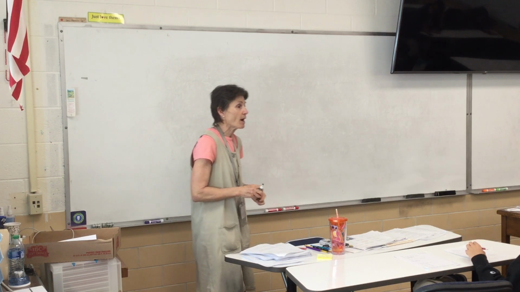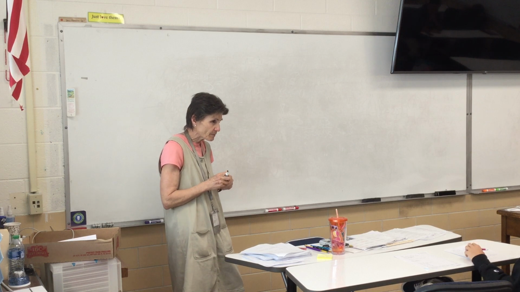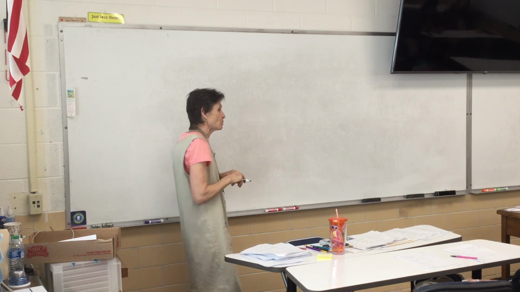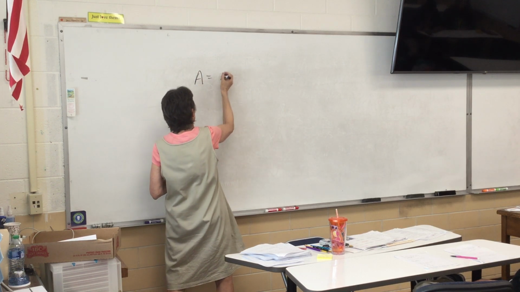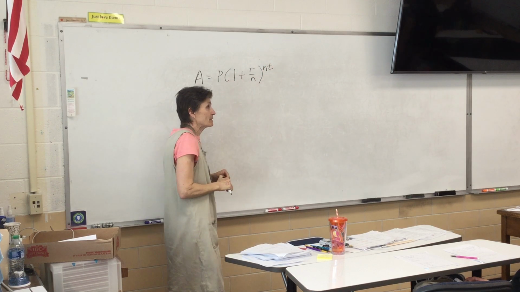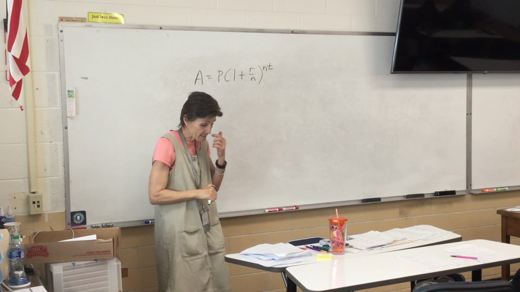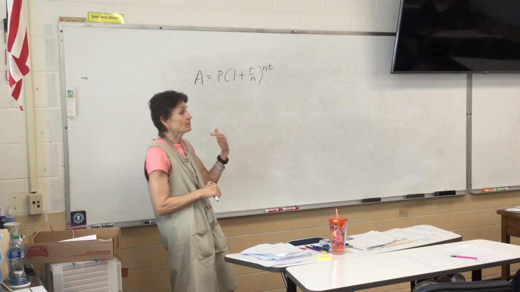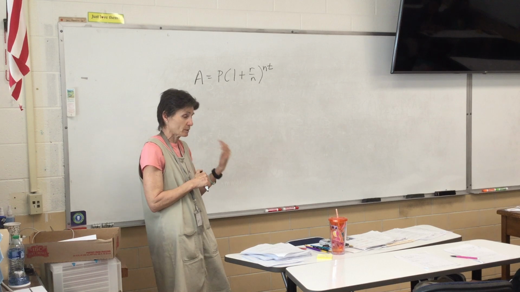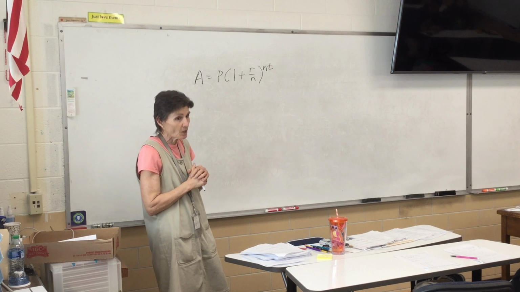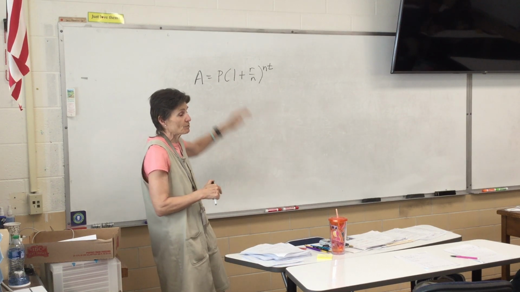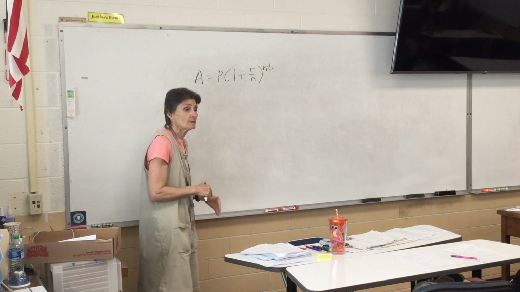Now, I don't know if you noticed or not, but the formula sheet that you got yesterday had a couple of additional formulas over to the side. Those were your interest formulas. And this one is the one for when we compound interest a finite number of times. So in this case, it's compounded quarterly, compounded monthly, compounded daily. This would be the formula that you would use. Now, I will give you that formula, but you will need to know that it's the right one to use. You'll need to know how to pick out the formula you use. This is the one for compounded quarterly,